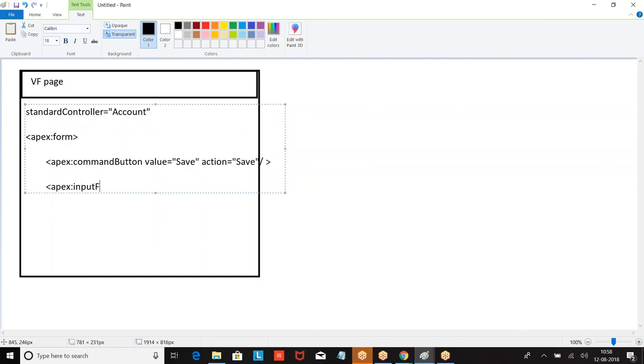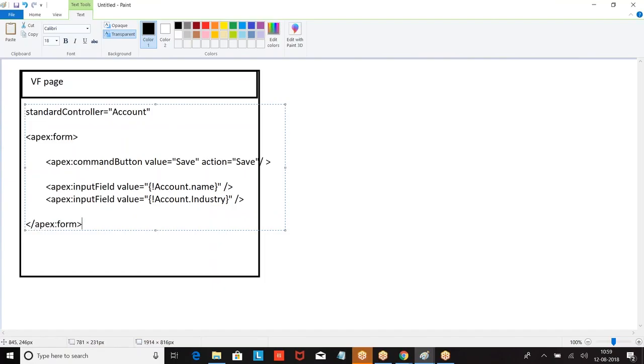I gave input field value equal to apex input field value equal to. Now if I want to insert the data, is it necessary that I have to go for a server side?